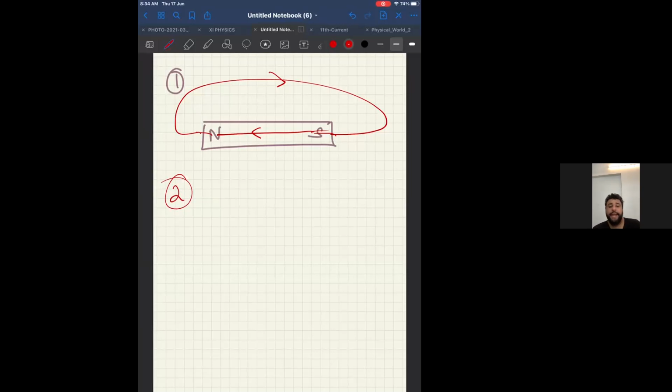See, they enter the magnet. Therefore, option A and option B are automatically out because they form closed loops. If you see option A and option B, they're not even entering the magnet. If they don't enter the magnet, then inside the magnet, they cannot go from South Pole to North Pole. Therefore, option A and option B are automatically out. Option C and option D, you should have a confusion. And then you should look at the diagram carefully and clear that confusion. What is the confusion? Tell me.